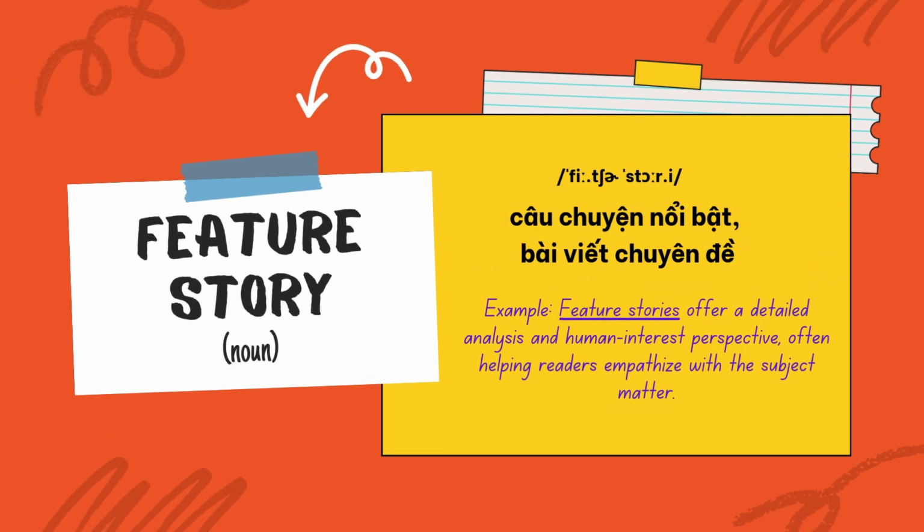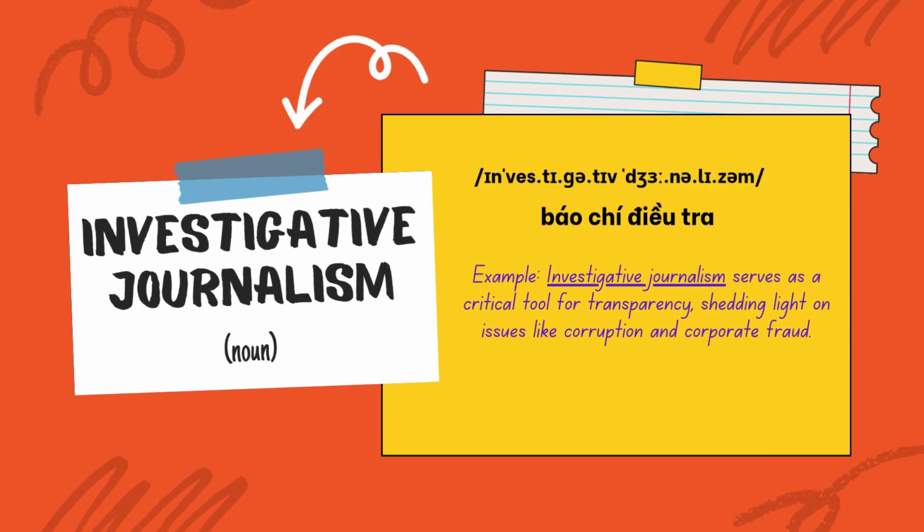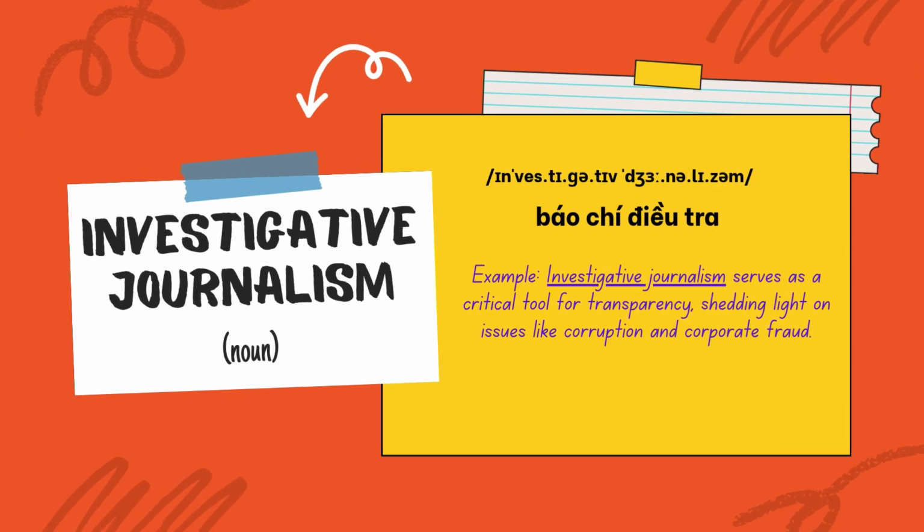Feature story. Example, feature stories offer a detailed analysis and human interest perspective, often helping readers empathize with the subject matter. Investigative journalism. Example, investigative journalism serves as a critical tool for transparency, shedding light on issues like corruption and